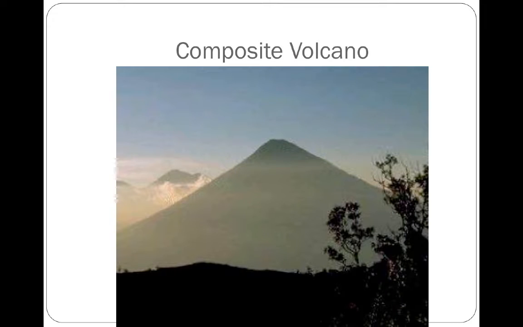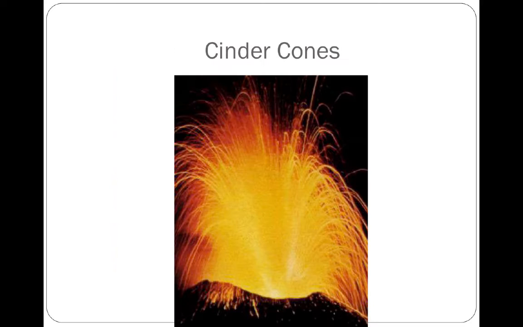The second type of volcano that we can have is the composite volcano. And the composite volcano is more what you think of when you think of the word volcano. It's called composite because the steep sides of the cone-shaped mountain are actually made up of lots of different types of material. Ash from previous eruptions, dirt, rock, different things like that.